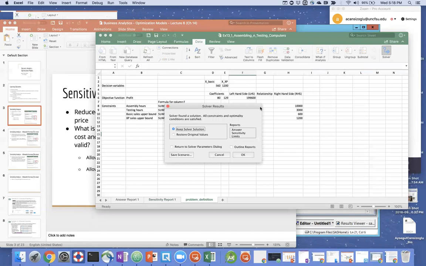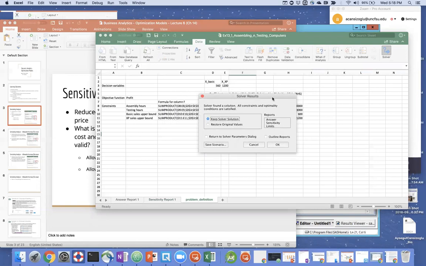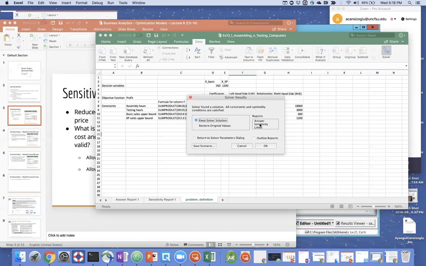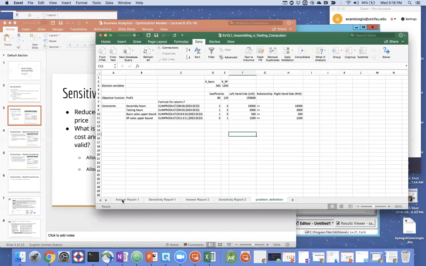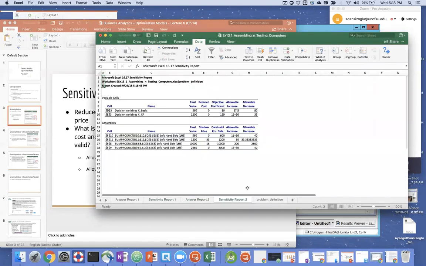Once I do that, this window pops up, and there you will pick the sensitivity here. If you want, you can check the answer as well. You can pick multiple things here. Once you hit OK, it is creating new reports. Because I ran this before, it created now the second one. The sensitivity report tells you what range of changes is okay, and you can keep the same